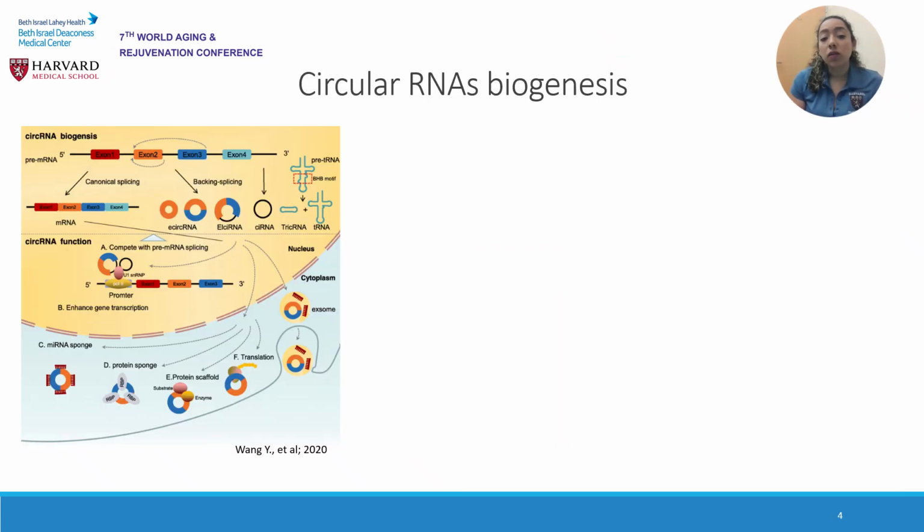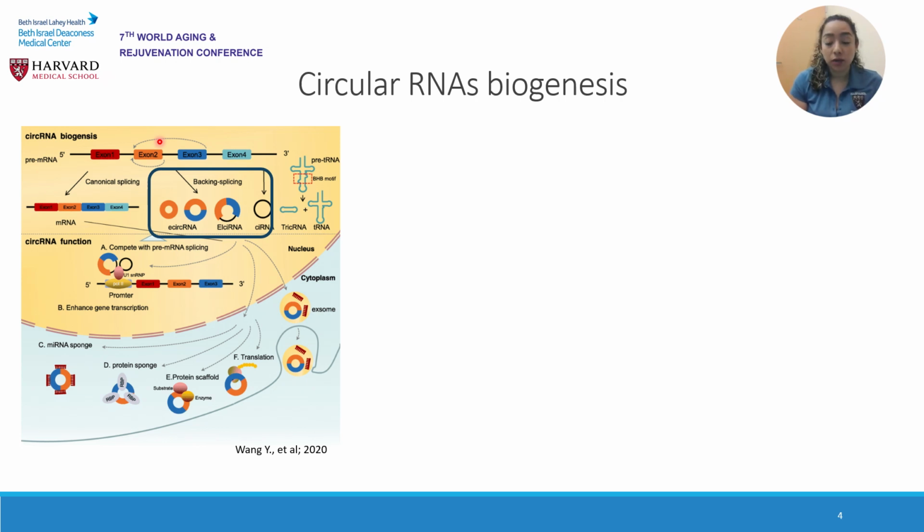Recently, a new class of non-coding RNAs called circRNAs has been identified. These are formed by back splicing between exons and introns. Circular RNAs are unique in that they lack 5' and 3' ends, giving them a circular structure and protecting them